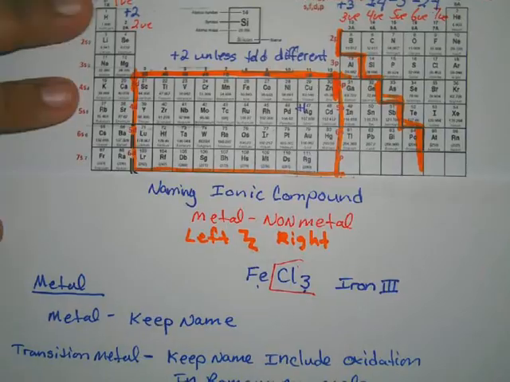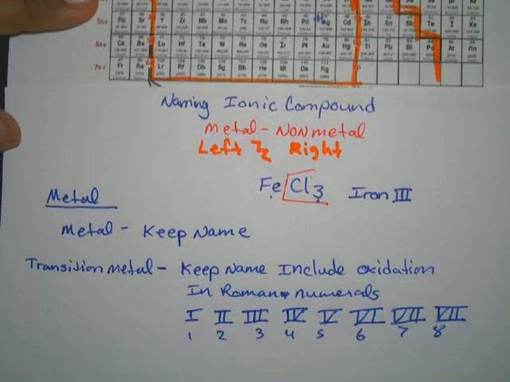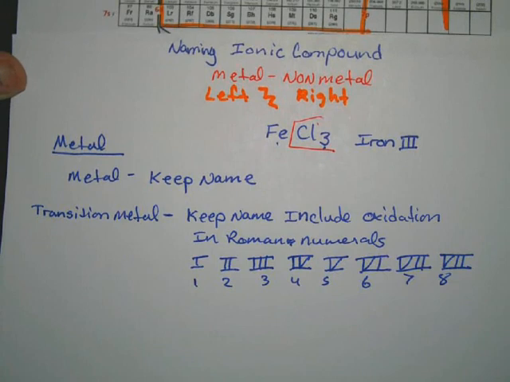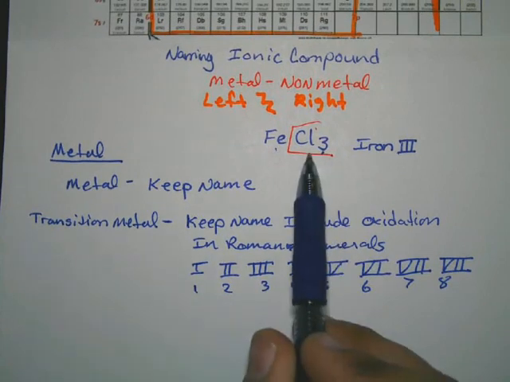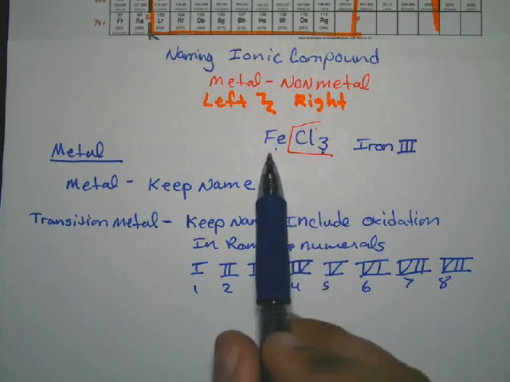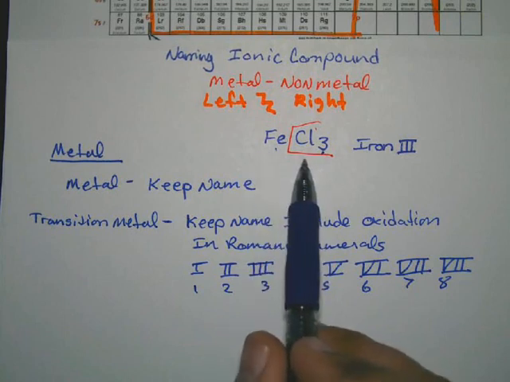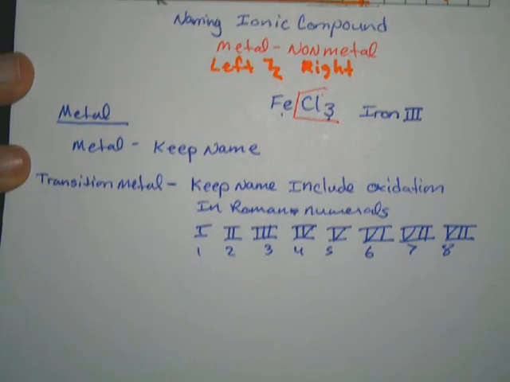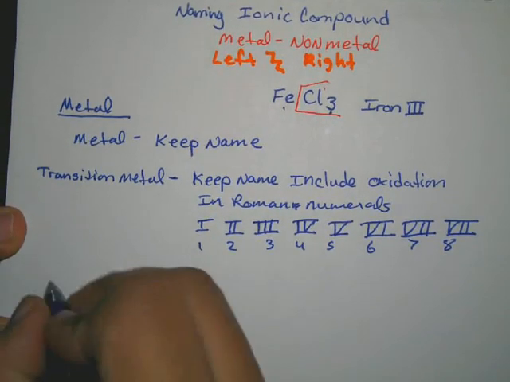Alright guys, we got ionic compounds part 2. So we got the metal part done. Now we've got to name the non-metal part, right? Everything else, because it's always the metal and then everything else, okay? So let's go down right here. So now we're going to name the non-metal part,